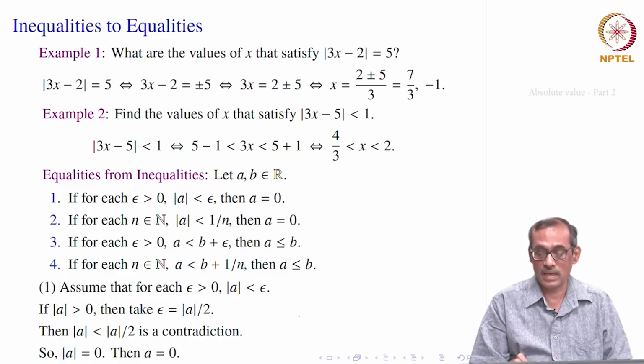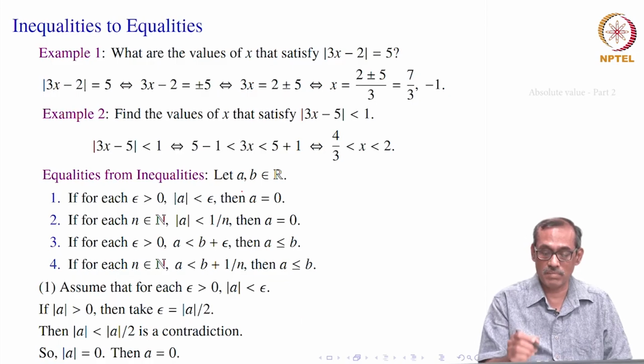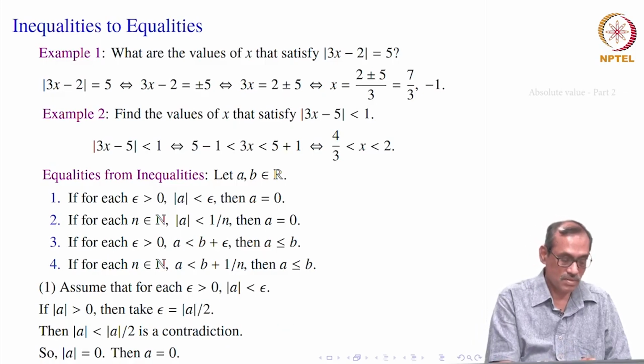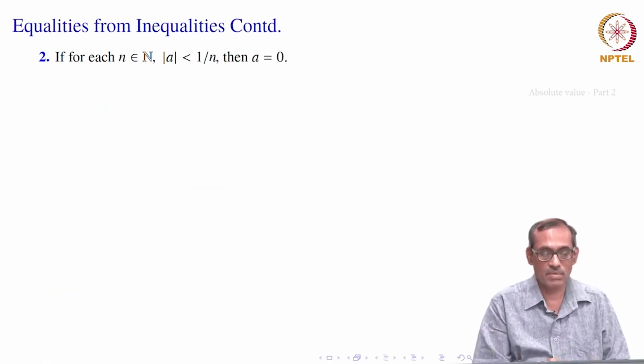What it says is what we have done for every epsilon. Now we are not giving it for every epsilon, but for some very particular epsilons, which are still infinite in number. They are of the form 1 by n for natural number n. Of course, you can use the Archimedean principle. If you have epsilon positive, then you can choose one n such that 1 by n is smaller than epsilon. So this really should give rise to the answer. In fact, we will prove that through the Archimedean principle. Let us see how to go about it.